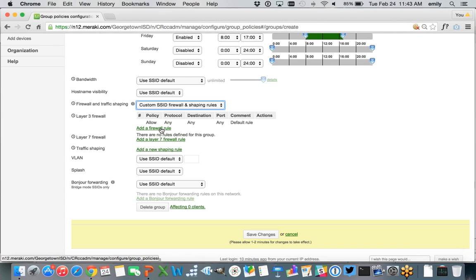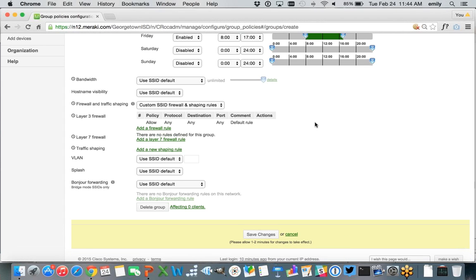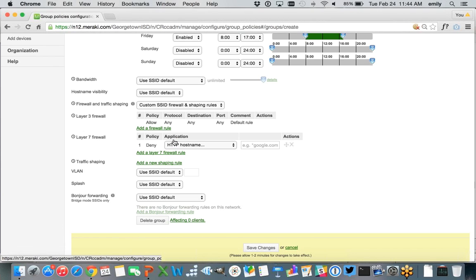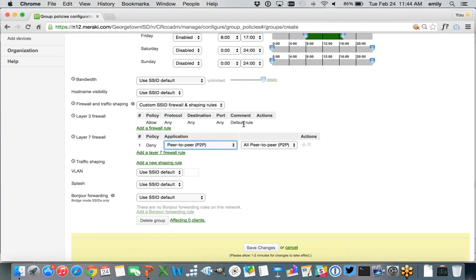So basically, we have the ability with our access points and with our security appliances, you can come in and you can set your layer 3 firewall rules if you want, based on protocol and source and destination and port numbers and things like that. But remember, we have that incredible visibility into applications. So you can actually come in and say, I actually want to block peer-to-peer traffic. Or maybe it's just BitTorrent that's causing me some grief. And maybe I don't want to actually outright block certain applications, but I want to throttle or prioritize them in some way. That's where traffic shaping takes place.